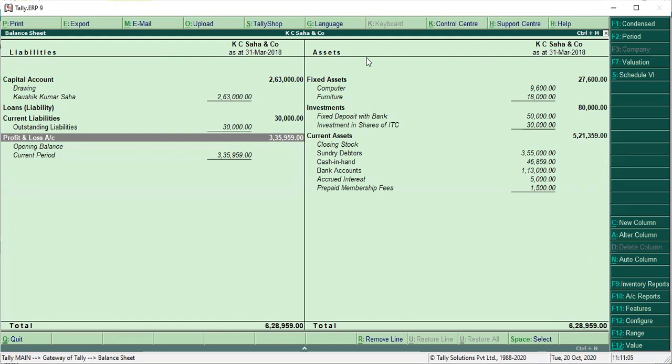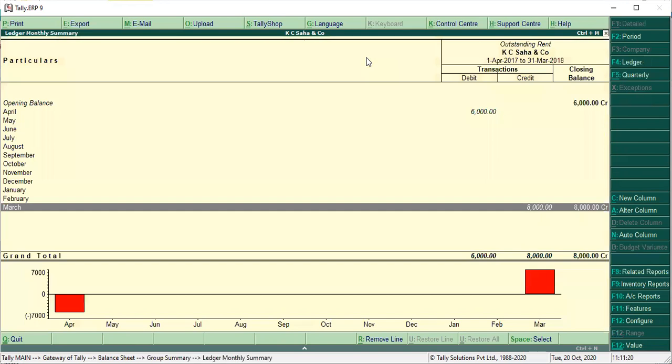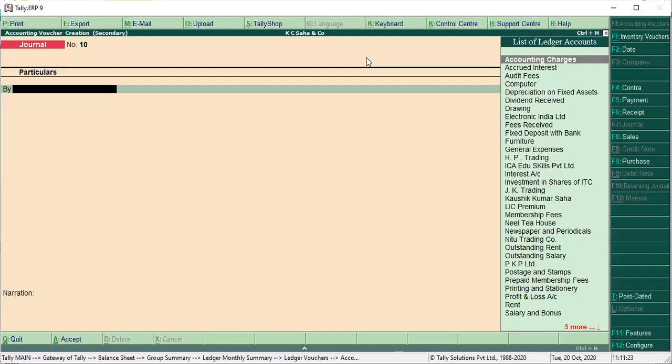Yes, who is the owner here? Kaushik Kumar Shah is the owner of that, because he is the owner of the capital account here. So this profit you have to transfer to the capital account. Okay. So again you have to pass the entry, just enter and you can use Alt. What will your entry be? You have to transfer the profit to KC, that is Kaushik Kumar. So what entry will come? Party to capital. Not party to capital, the party itself is the capital account.